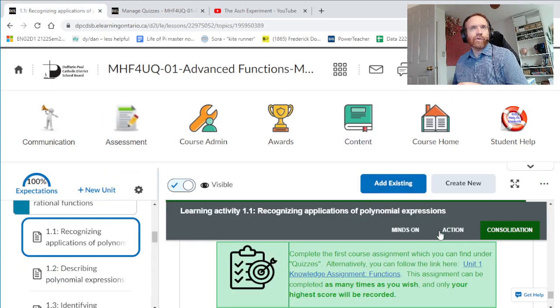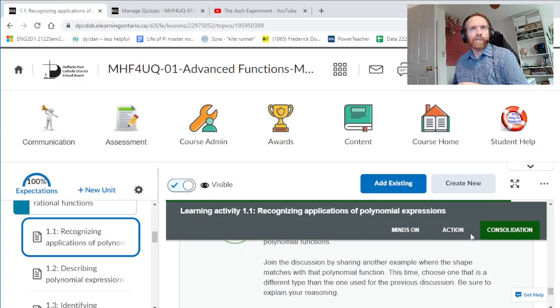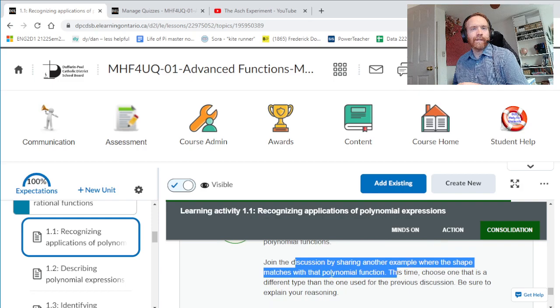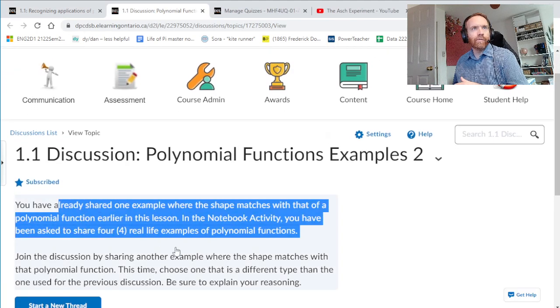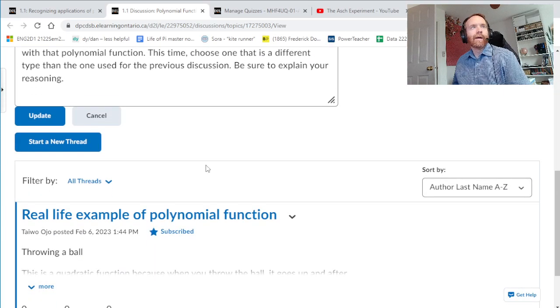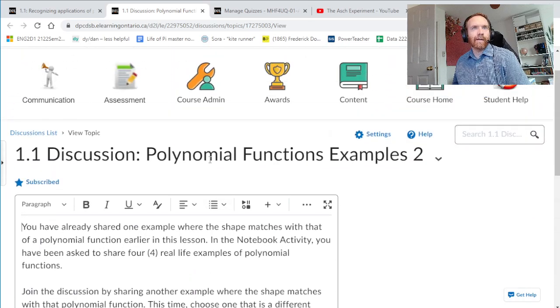Now, the other thing is, during these lessons, I mentioned this before, but just to clarify it, there's a whole bunch of things where it says like, join the discussion, share your thoughts, write down, give an example. Share an example of a shape that has this specific function, and so on and so on. I really think it is a good idea to do these. Again, I'm going to let you take the lead on things like this, but if you're in this course because you're looking for those high scores and to really master the material,